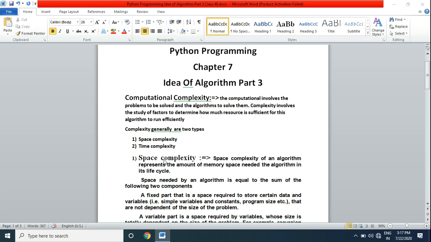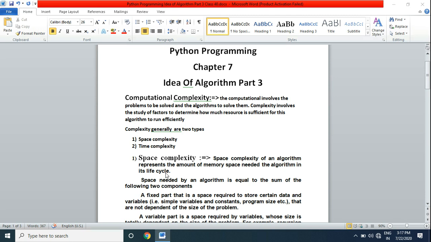The first is space complexity. Space complexity of an algorithm represents the amount of memory space needed by the algorithm in its life cycle. Whenever you execute a program or an algorithm, how much space it will acquire in memory is known as space complexity.